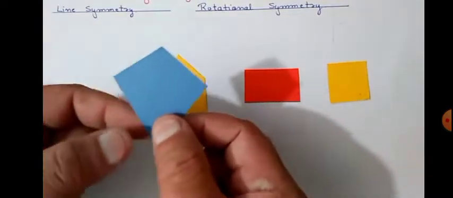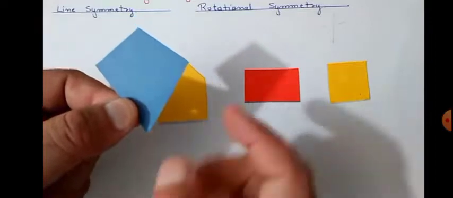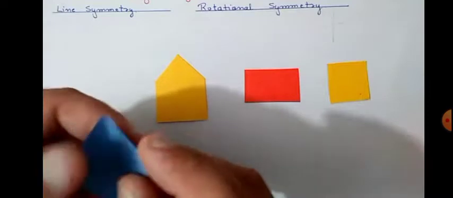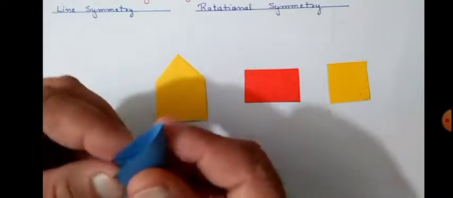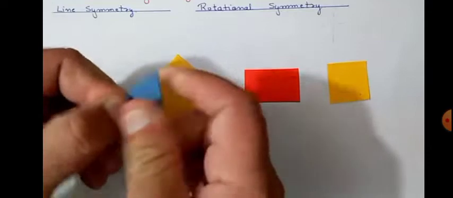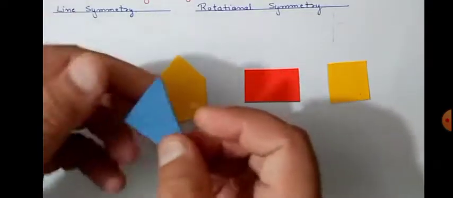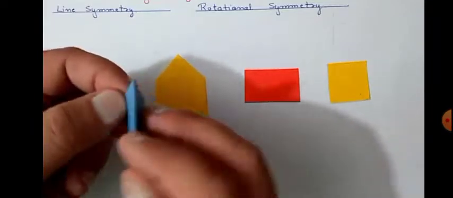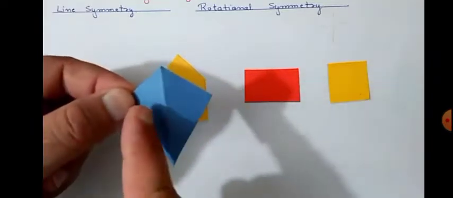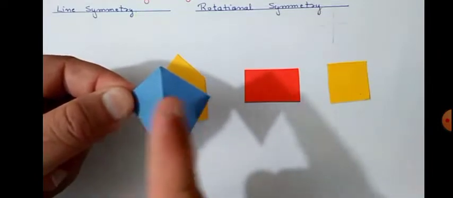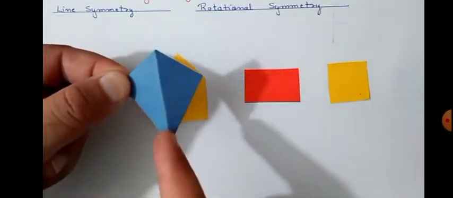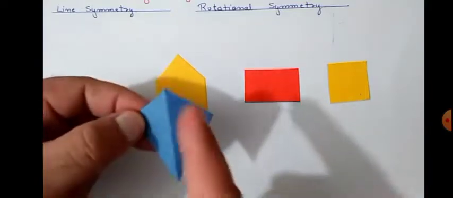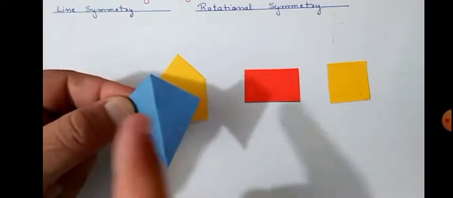Now let us see. When we fold along a straight line, we will get both parts with the same figure. Okay, let us see. Have you seen now? One part overlaps the other part, and left and right are both the same now, and both shapes are equal. So this line is known as the line of symmetry.